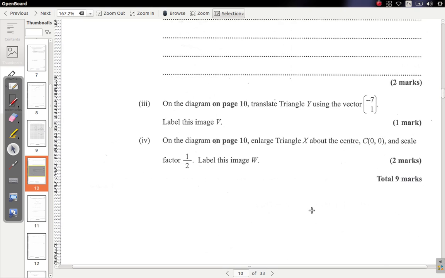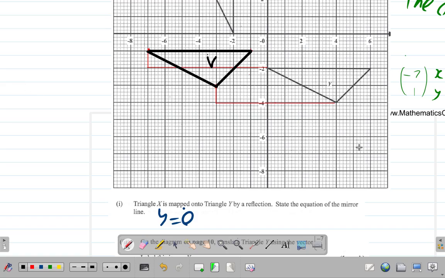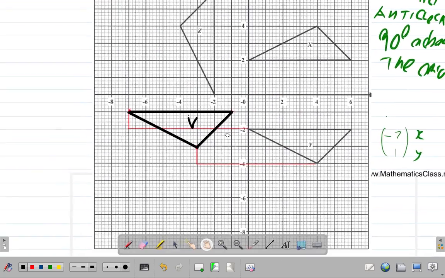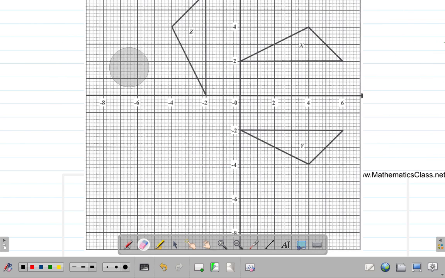And then, it says, on the diagram on page 10, enlarge triangle X about the center, scale factor half. Label it W. So you must enlarge triangle X about the center, scale factor half. I will draw X there again. So we do these early, we rub them out and these are supposed to leave there. So now, about the center, enlarge. What you're going to do